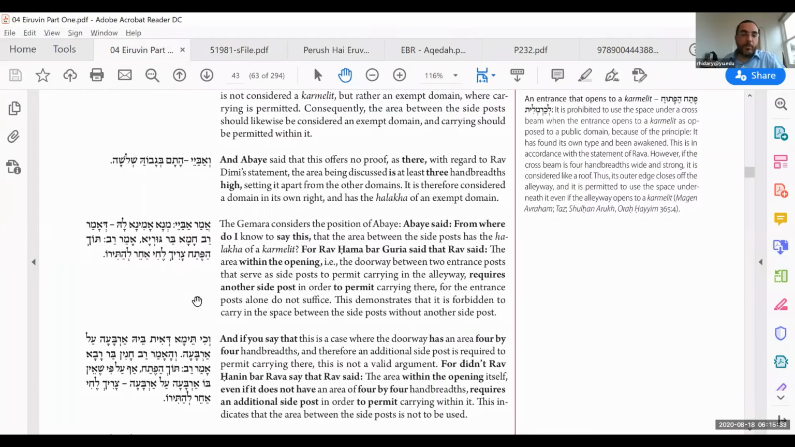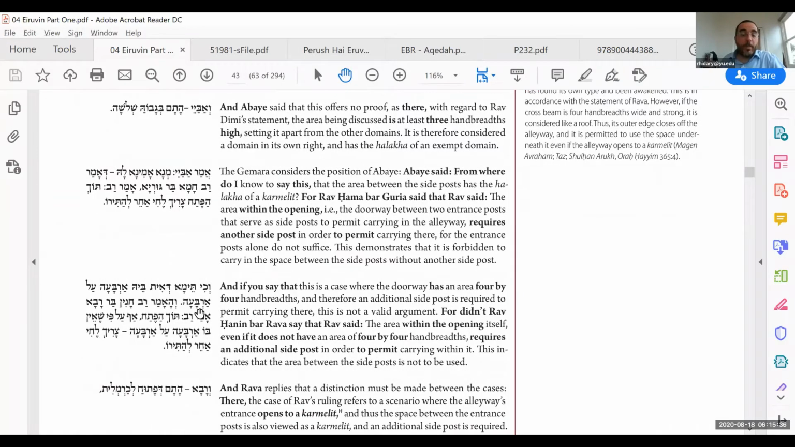Okay, so that seems like good proof. Maybe that case only is prohibited because it's 4 by 4. So now it created its own area. You can't say